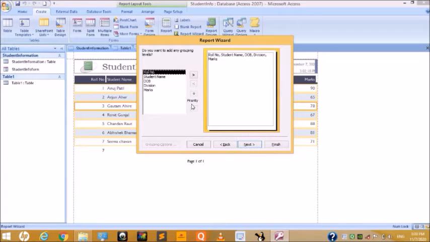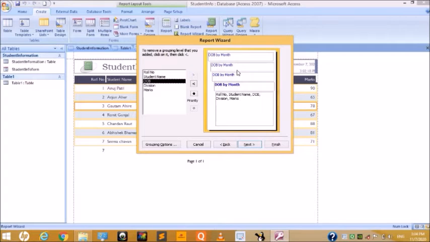So look at here, here going to add the labels, roll number, student name. Here it asks, do you want to add any grouping label? Means you can add in this way. In this way you can create multiple types of group. So this is our one group.